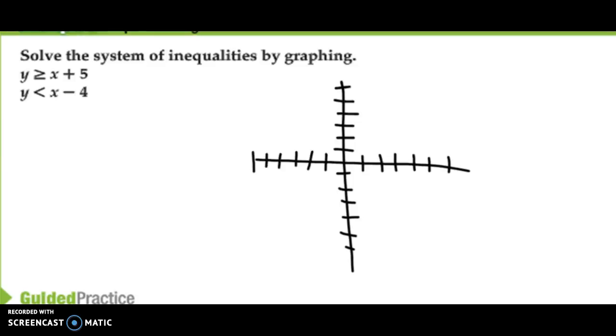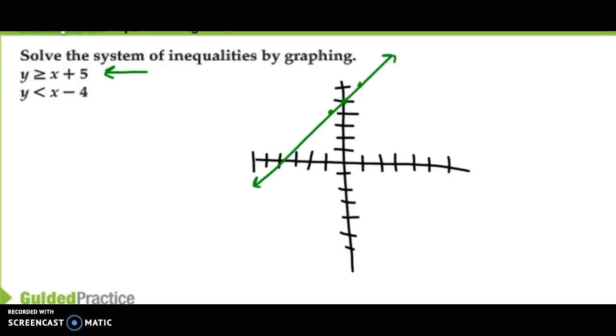Okay, so I will do the first one in green. You'll notice I pick kind of the same colors all the time because you probably are going to have two colored pencils, so you can just do them all the same color. That's fine. So y is greater than or equal to x plus 5. Okay, so I start at 5, and I have a slope of 1. So I go up 1 over 1. I can also go down 1, back 1. It is a solid line,